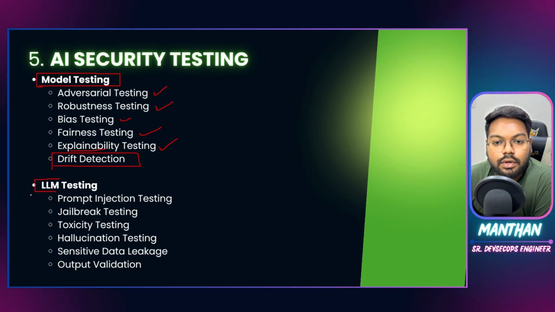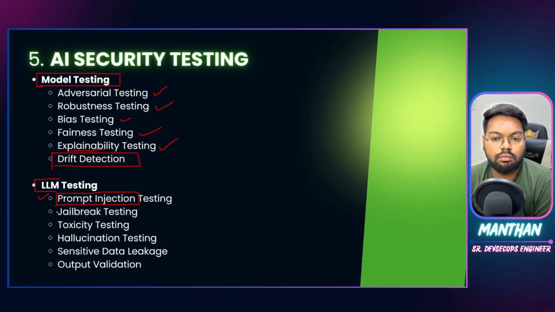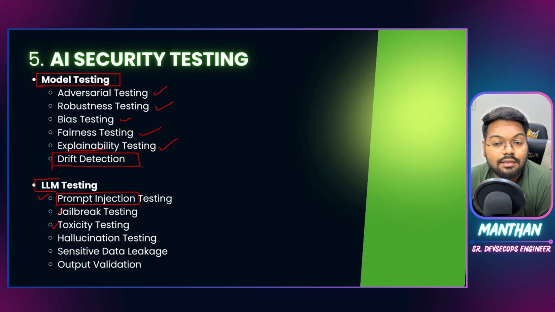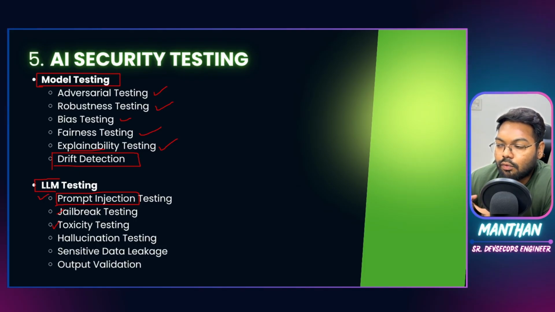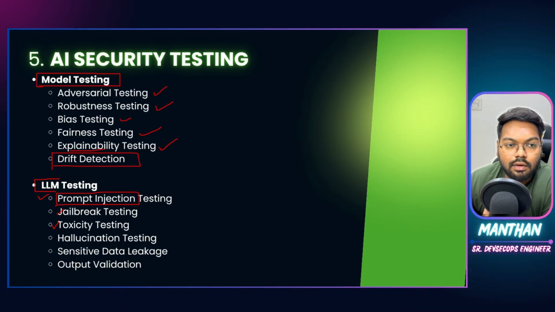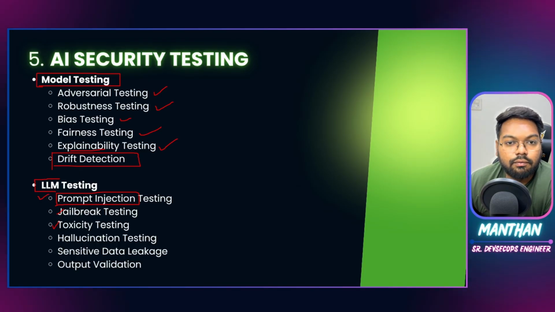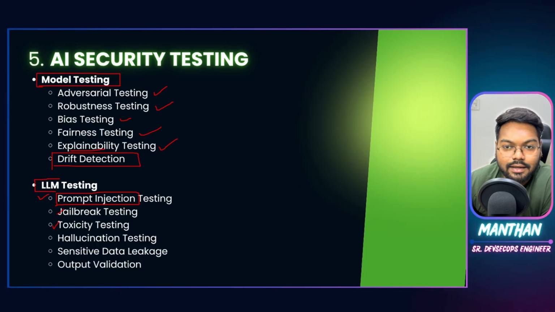Then comes LLM testing. You need to test your large language models specifically for prompt injection, where some prompts make it go wrong. Then jailbreak and toxicity are also things you need to know. In the case of Grok, I think it was using very harsh language, so that was a toxicity test. You check whether it uses abusive words, offends someone in any kind of output, or creates toxic content about someone's identity. That is something you need to test against.